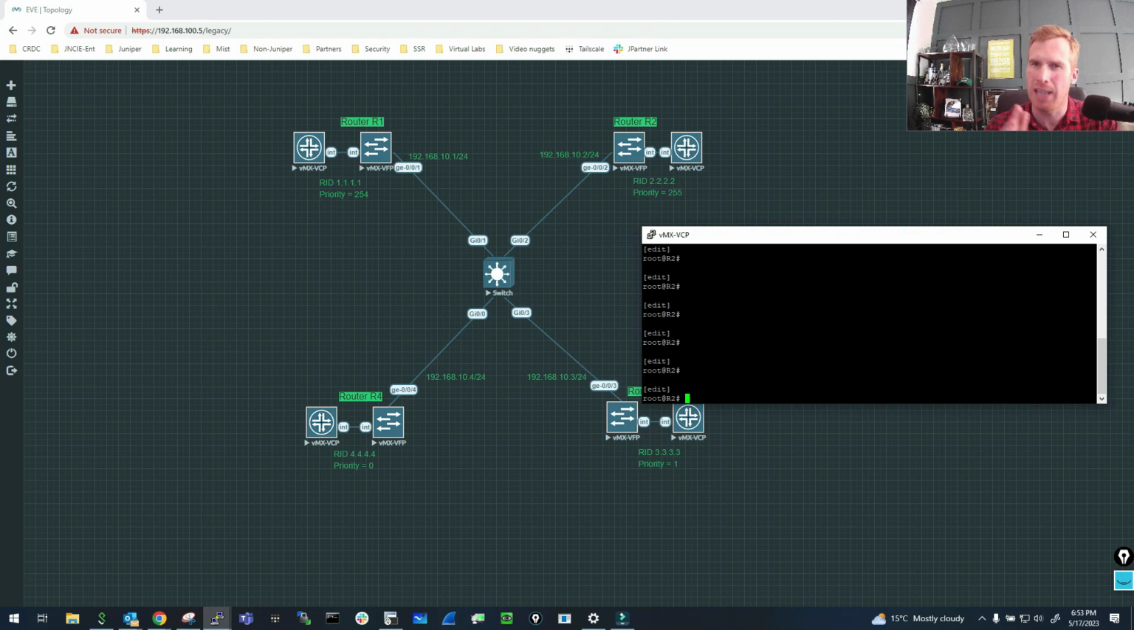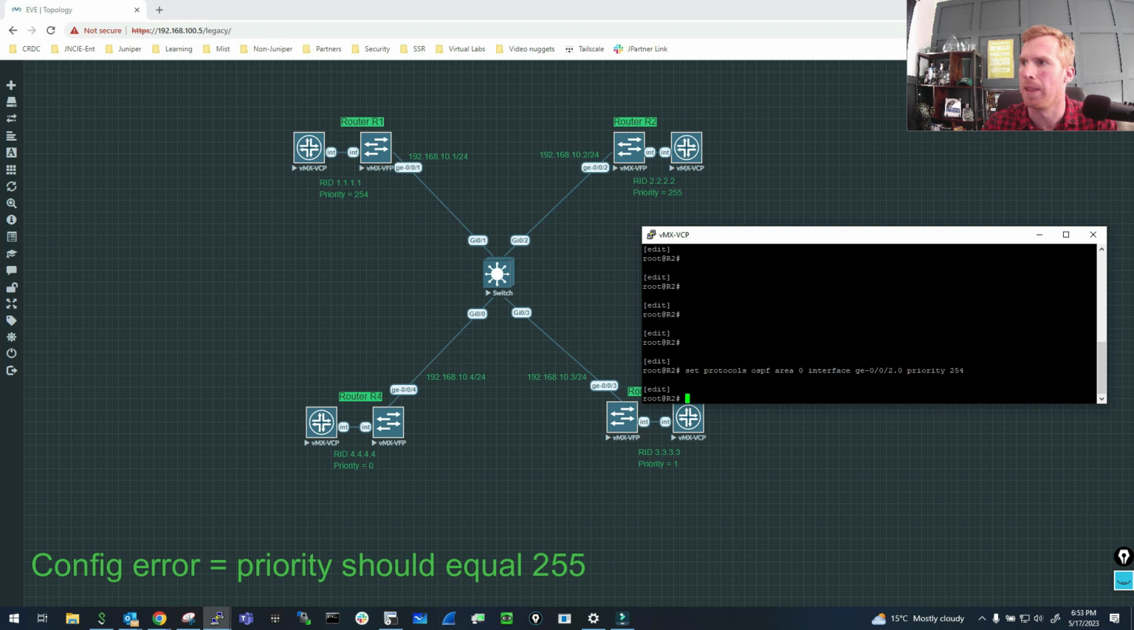So here there's absolutely nothing configured for the OSPF routing protocol. So let me do a set protocols OSPF area 0 interface gigi 0/0/2 unit 0. Good practice. And I'm going to give this the priority of 254. And if I enter in commit now and go back to the Wireshark capture,